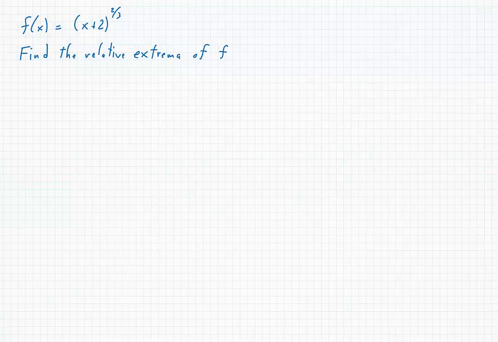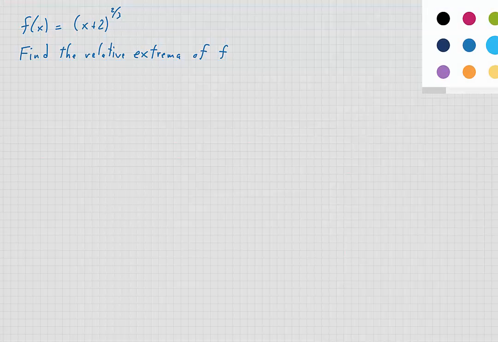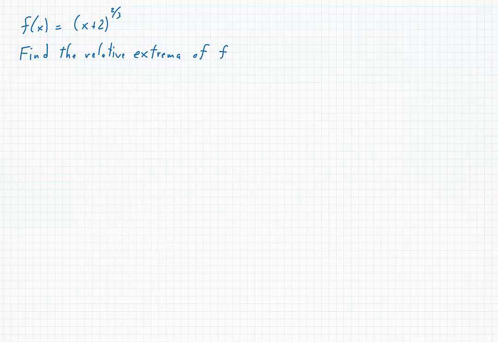Find the relative extrema of f of x is equal to (x plus 2) to the 2/3 power. We're going to make use of the first derivative test, which means we're going to look for any values that aren't in the domain of the function. We're going to look for the function's critical numbers. We're going to use those values to create a sign chart, and then from the sign chart we're going to look for places in the domain of the function where the function's behavior changes from increasing to decreasing or from